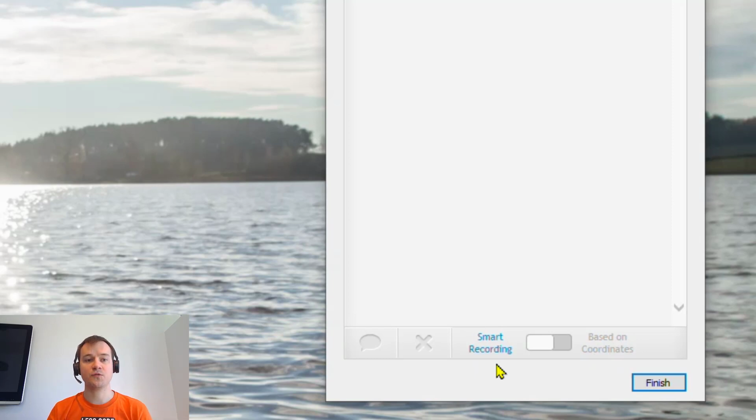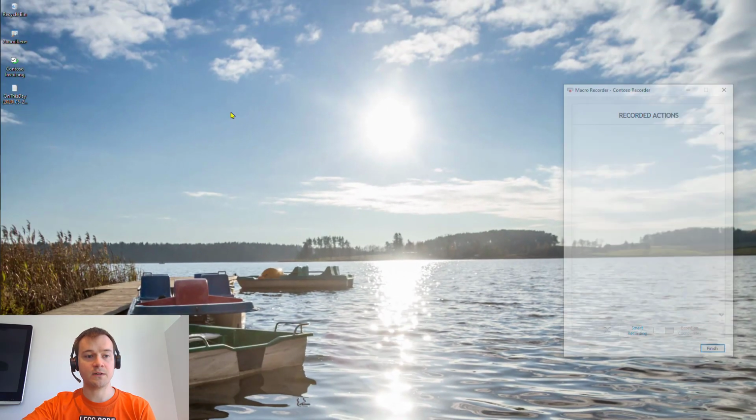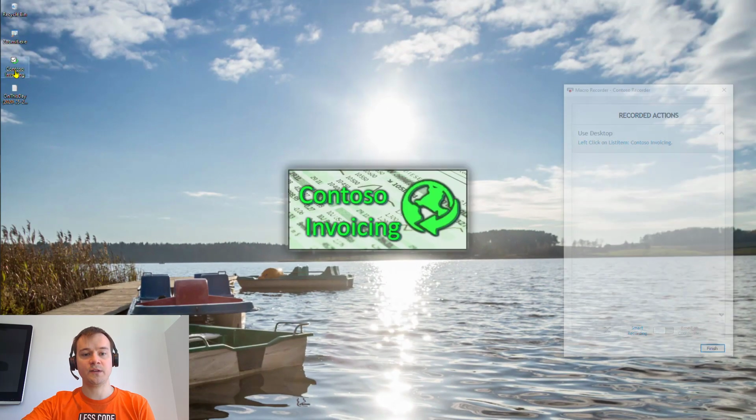So even if this is a different application, if it is then launched in a full screen mode, if this is a different screen resolution, it will always click in this specific place. So it may not work every time perfectly. Okay, so now I'll just hit my Contoso invoicing